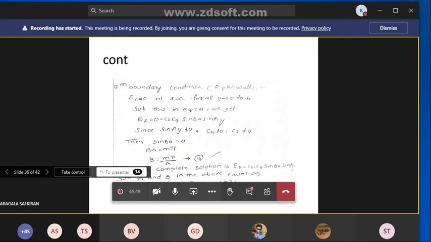Substitute the fourth boundary condition in equation 11, then you will get Ez equal to 0, C2 C4 sin Ba sin Ay. In place of x we are substituting a. Since sin Ay is not equal to 0, C4 is not equal to 0 and C2 is not equal to 0, right? Then sin Ba equal to 0. So Ba equal to m pi, multiples of pi. From this B equal to m pi by a.